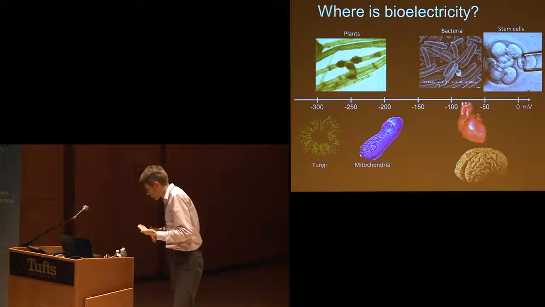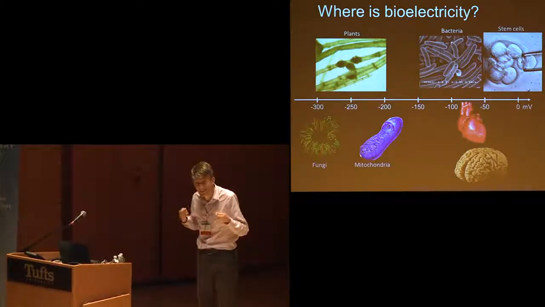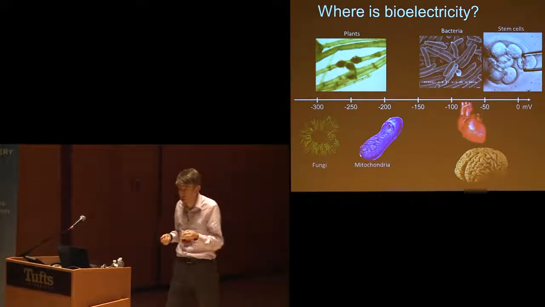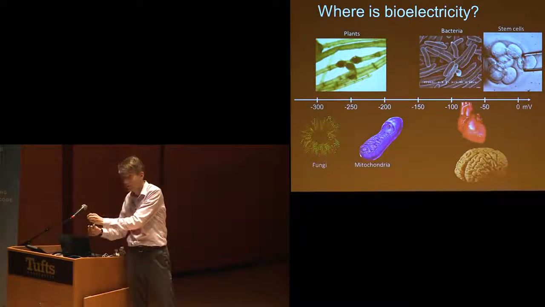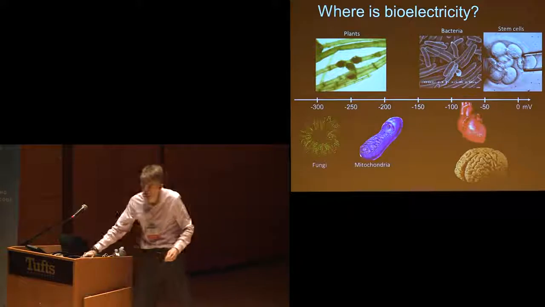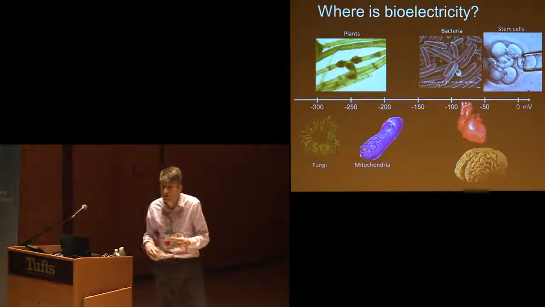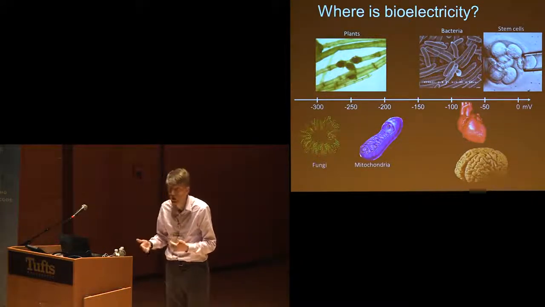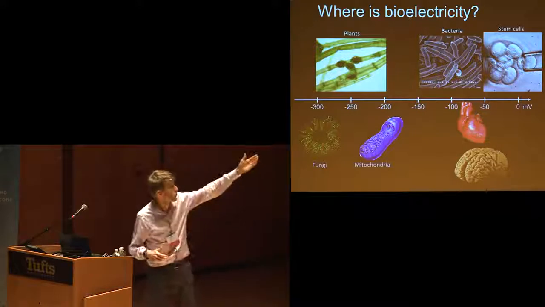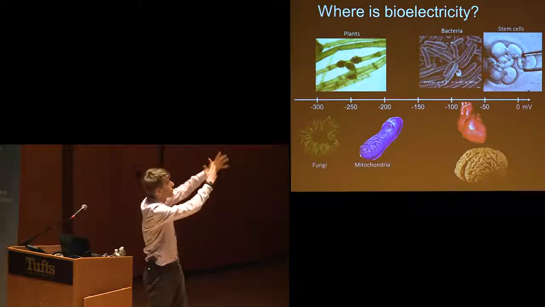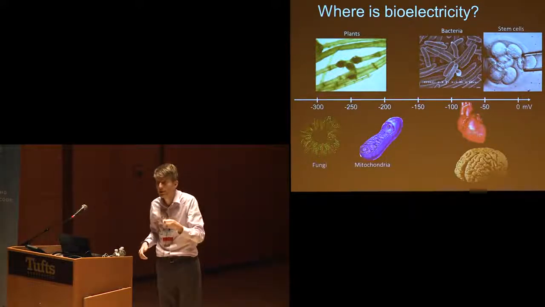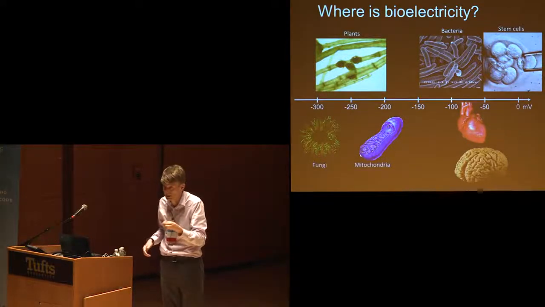Now, one of the challenges with studying voltage is that you can't see it directly. If you just look at a cell, you can't see the voltage in it any more than you could see the voltage in this wire by looking at the wire. And so for decades, people have been trying to develop some optical tools to convert the electrical activity in cells into an optical signal we can see. This could be useful for studying the heart and the brain, but it could also open up the scope of all of these other systems which have been very difficult to study with conventional techniques.